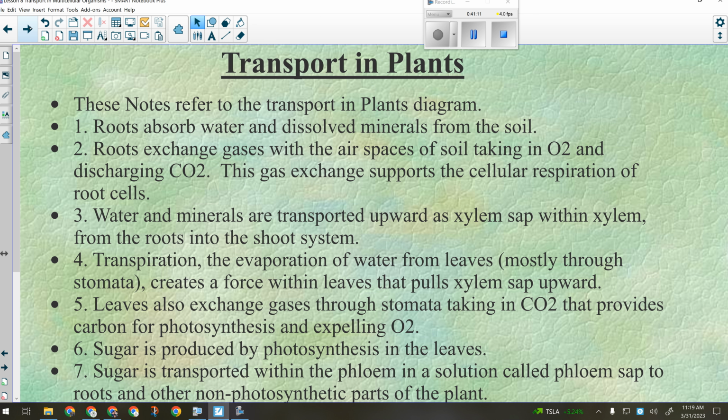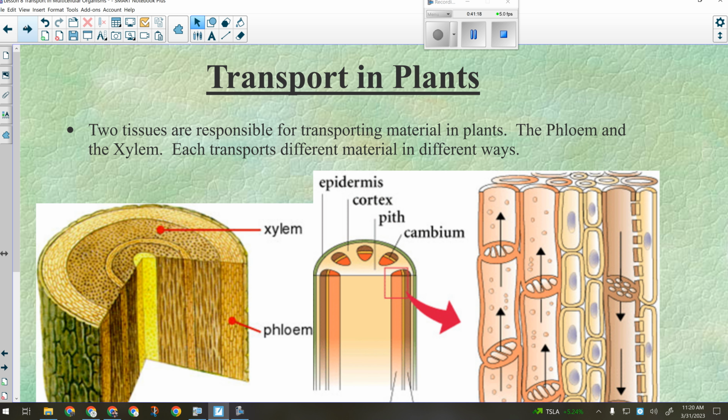Okay, so these things here, which are also in your notes, go with that diagram, step by step. If we're looking at the stem of a plant, it's set up this way. The xylem, which actually transports all the water, is on the inside of the stem. It's actually dead. The xylem is actually old phloem tubes. Each season, a plant grows a new phloem on the outside. And that old phloem becomes xylem, which is why when you cut down a tree, you see